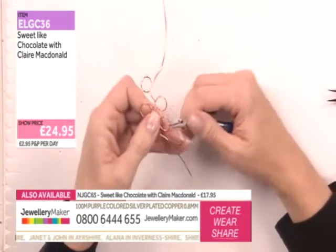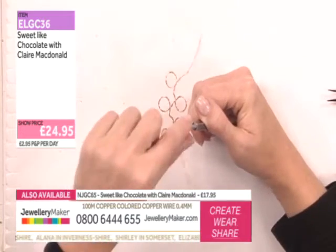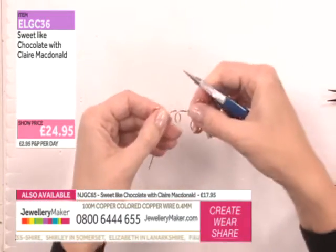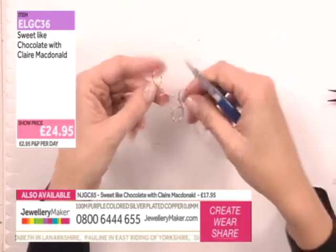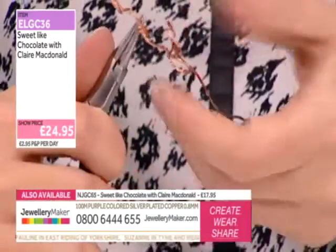So I'm going to do exactly the same on this one. I've gone to the centre of that circle, and I pinch together, do it from beneath. And you can see, depending on how much I then push it back open also determines the size of each leaf. So if I go along and do each of these,